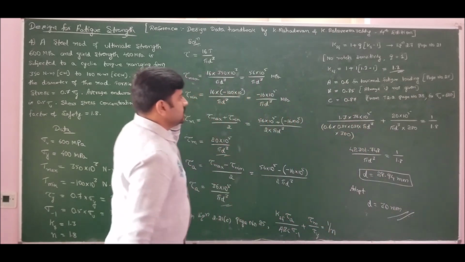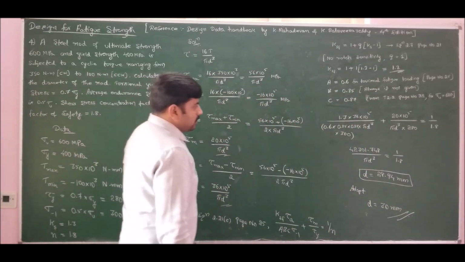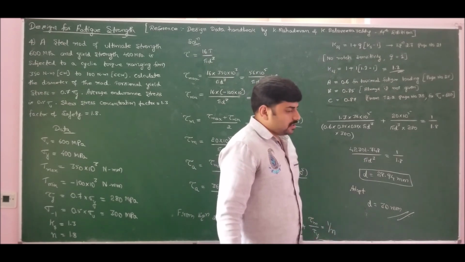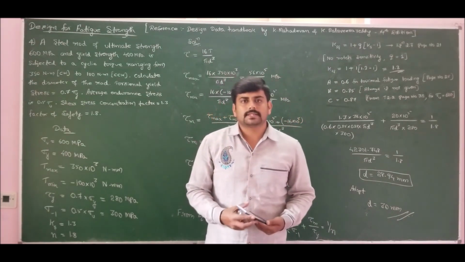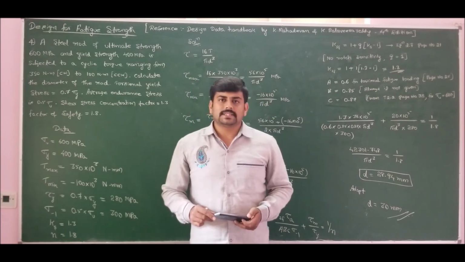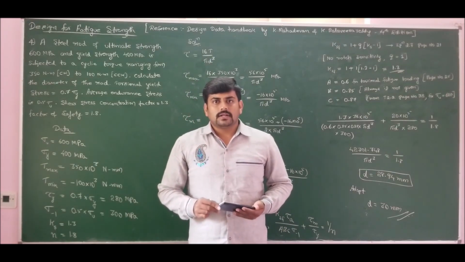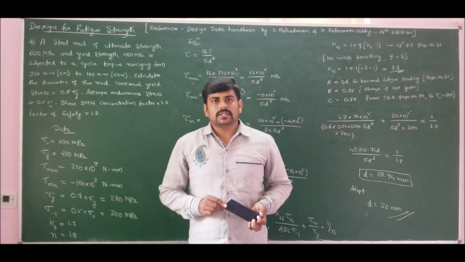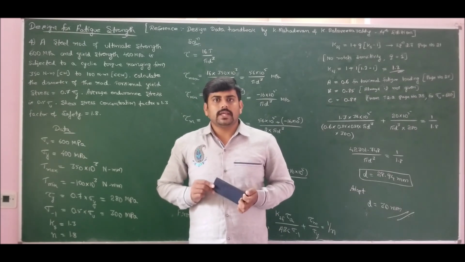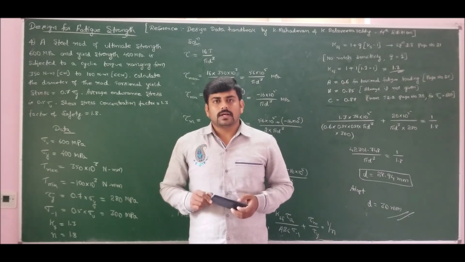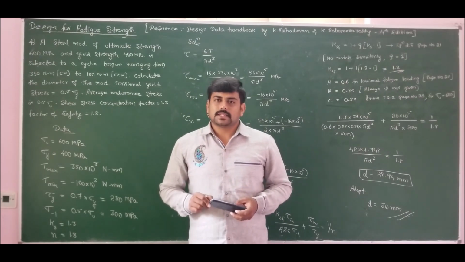So this is the solution for the given problem. For the given torsional fatigue loading condition, the required diameter is 30 millimeters. So this completes case 3 or type 3 problems, wherein we have discussed the torsional fatigue loading case. From the next lecture, we will be heading to discuss combined loading. That's all for this lecture.